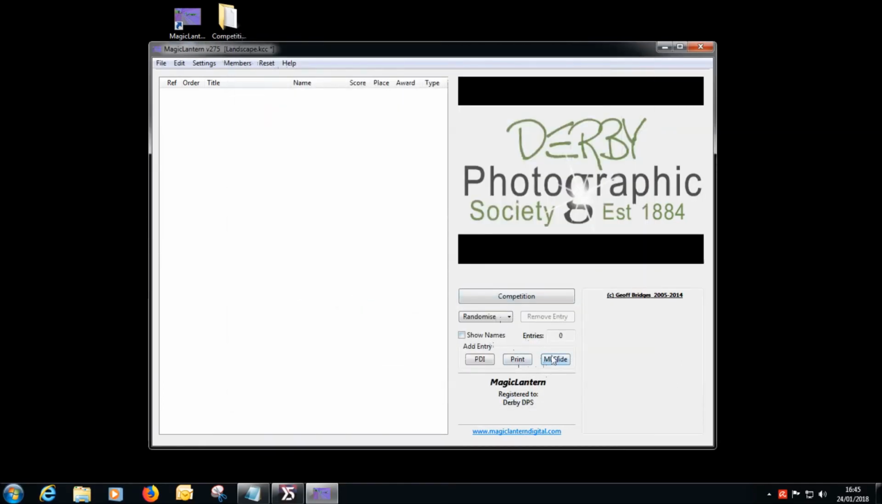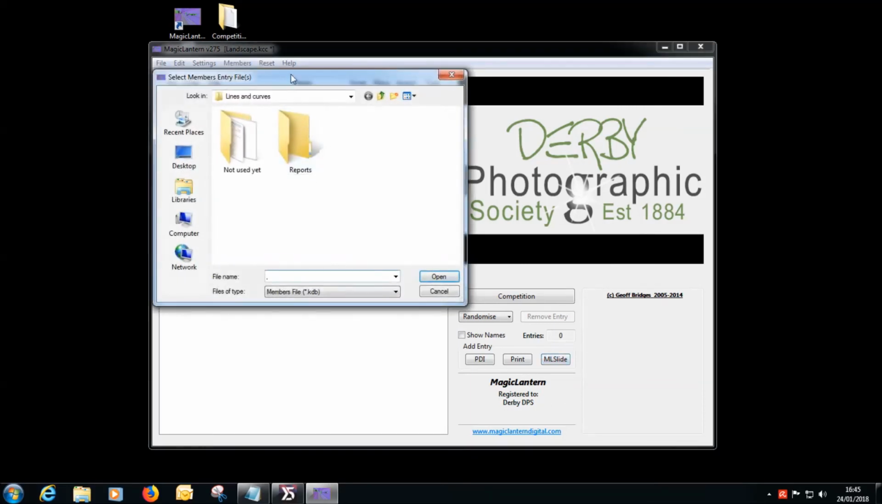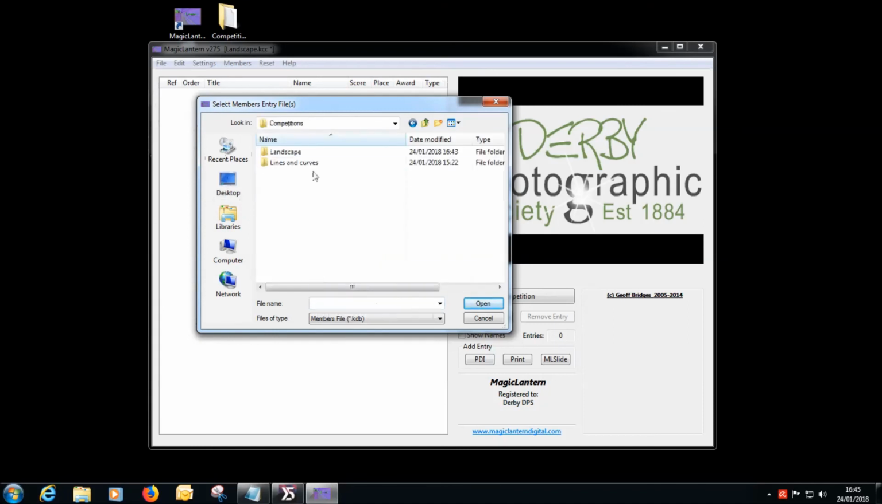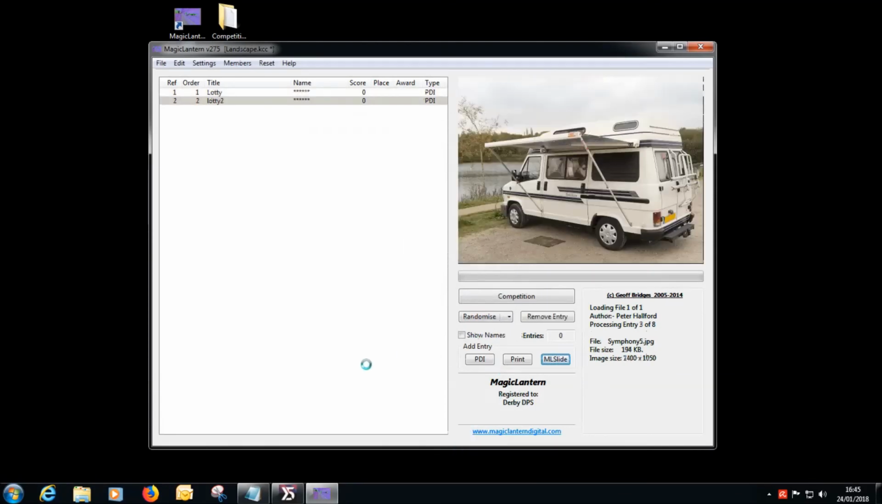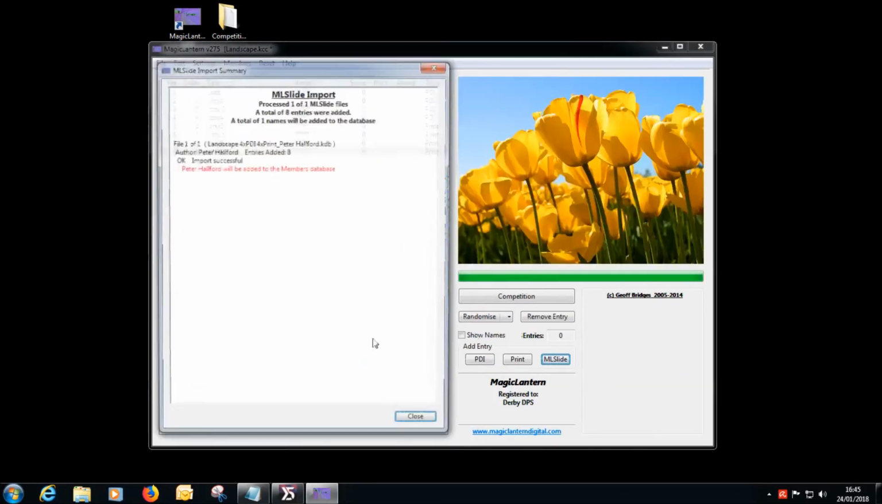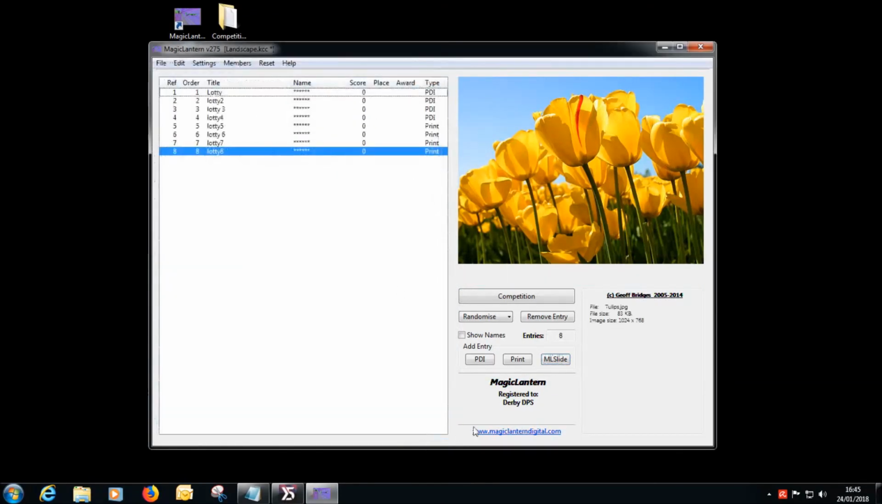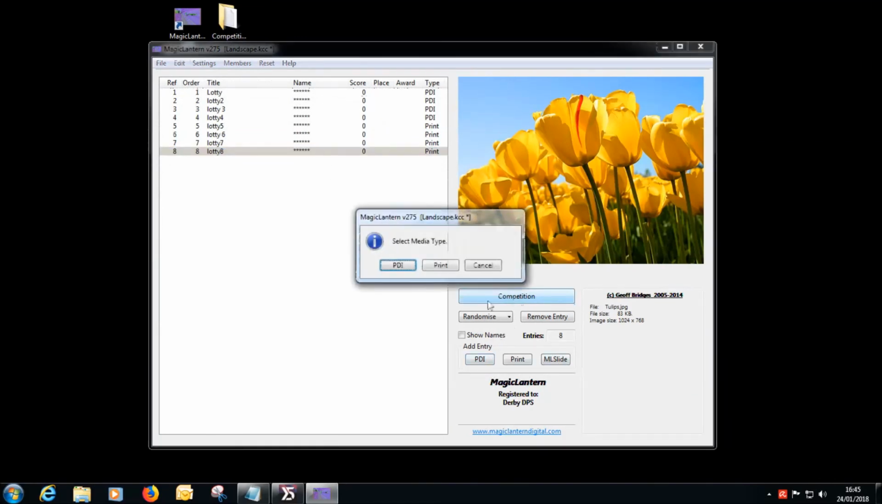If you look here, look, I can add an MLSlide to it. So I go into desktop competitions, landscapes, and there's mine. Open. Oh, look at that. Peter Holford will be added to the members database because I wasn't in there. So in actual fact now, all mine have just been added to that competition, and if I go competition, it's going to ask me PDI or print, so we'll do the PDI. I'm going to press score on this,